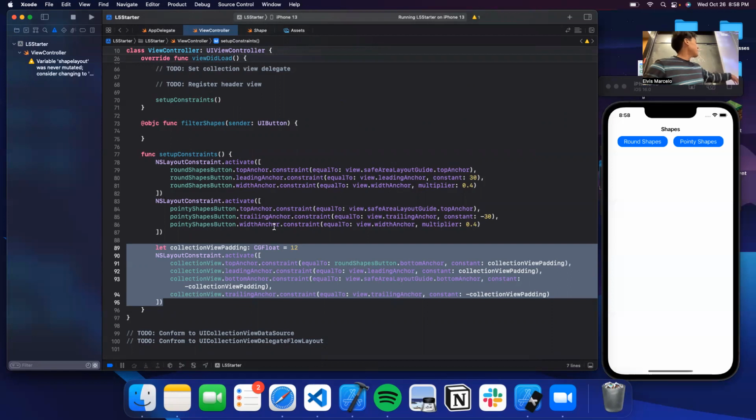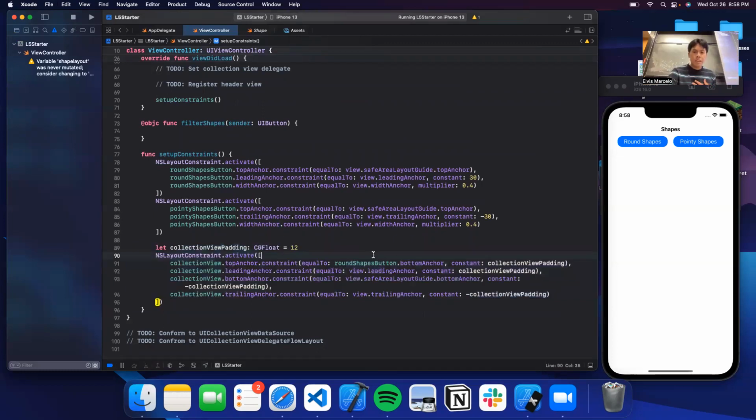But basically, this is just setting up the constraints for the collection view. We're saying that the collection view's top anchor is going to be equal to the round button's bottom anchor because we want it to be below the buttons. We don't want it to be over it. And we're giving it this collection view padding